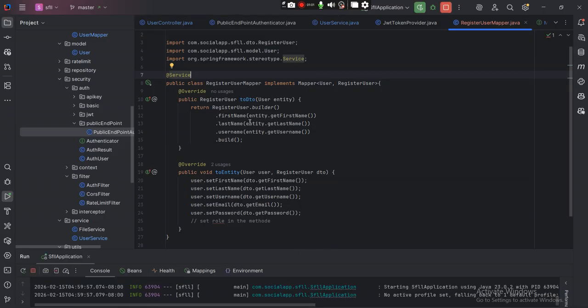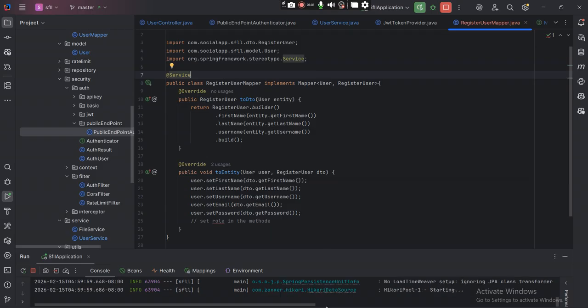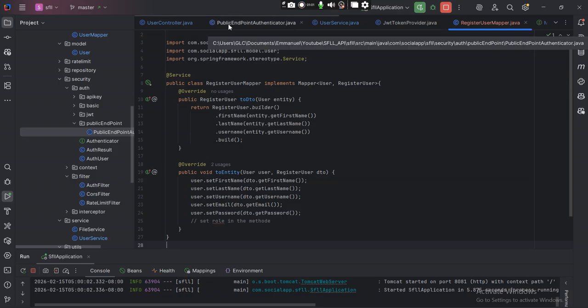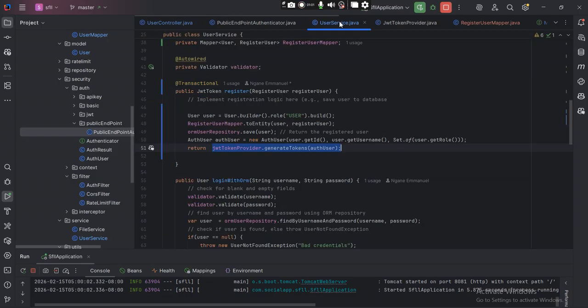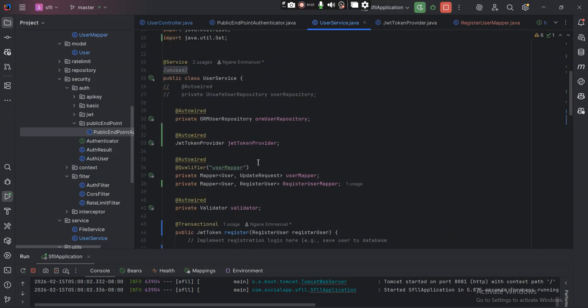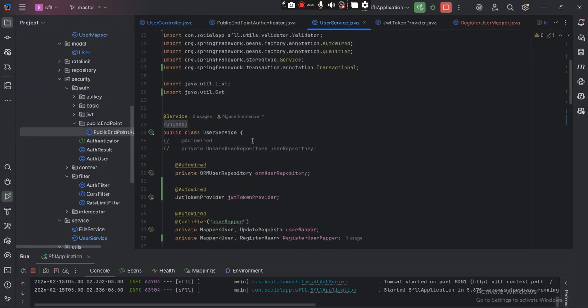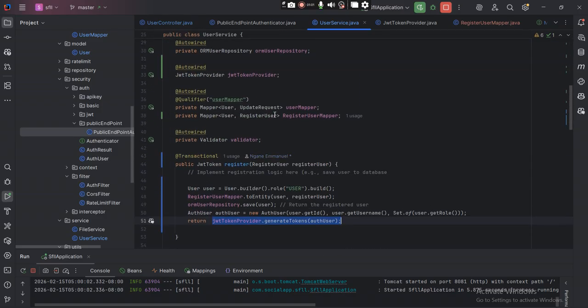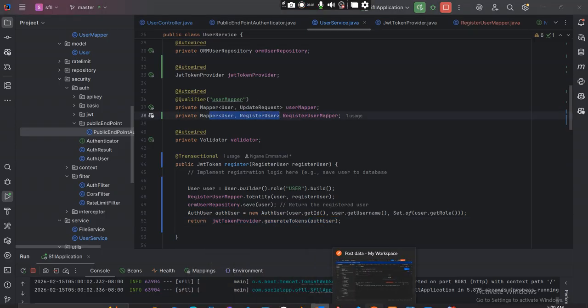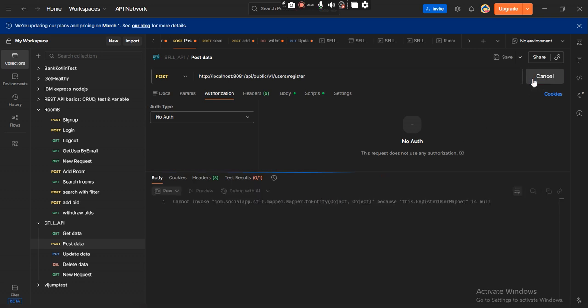So we can also put the flag here to allow Spring to pick up which mapper, but it's not a problem since we have, where's our user service, since we have defined the generics that are being used. Where is it? Yeah, we defined it inside here, so we don't need to put a qualifier there. Right, it's already defined there. But again, so if we try one more time,